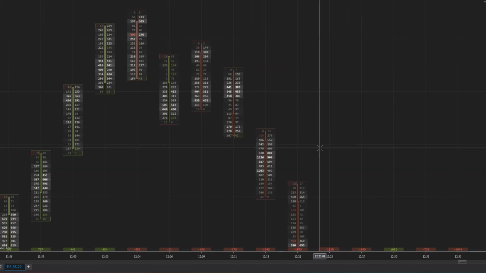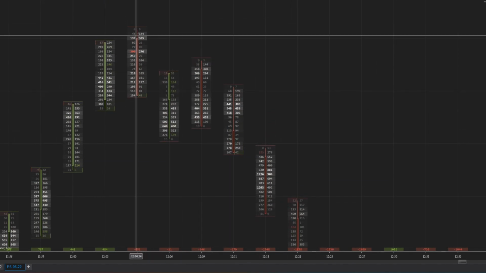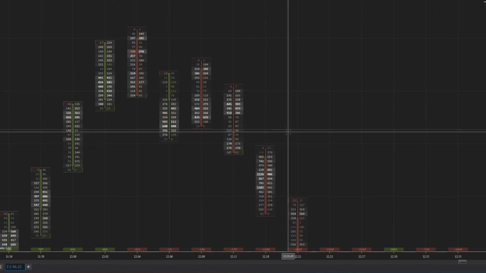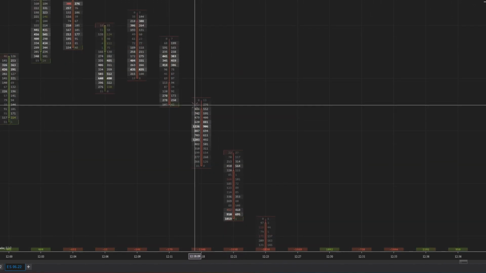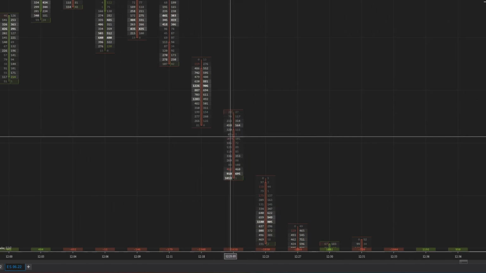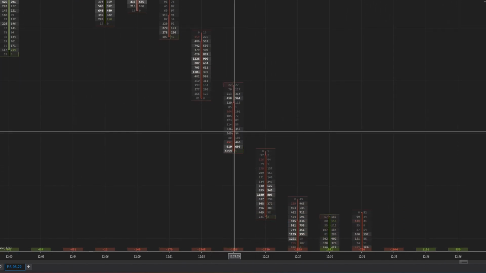But if we look right over here, we see this really great trend. Right here, you see this absorption. Absorption at this level, absorption at this level, absorption at this level, and then we see a bearish imbalance. We see an unfinished auction, which once again, I will touch up on later. Another bearish signal, another bearish signal,